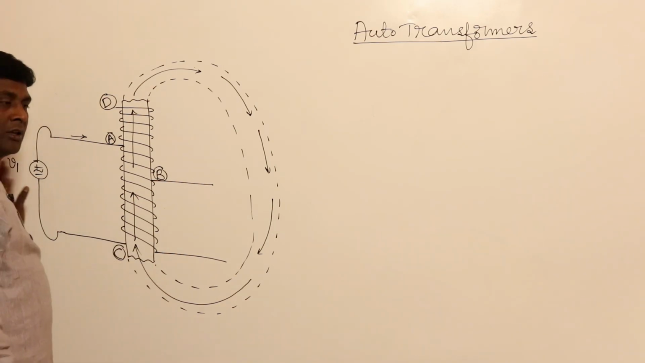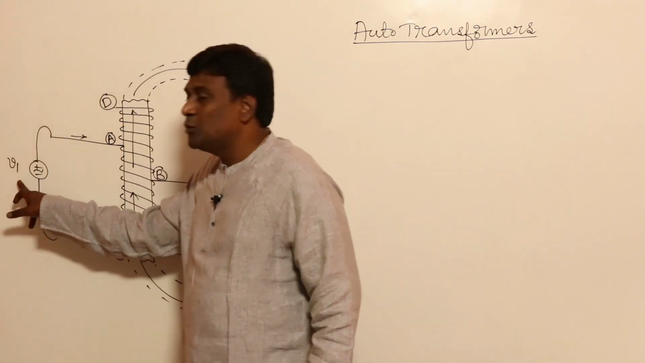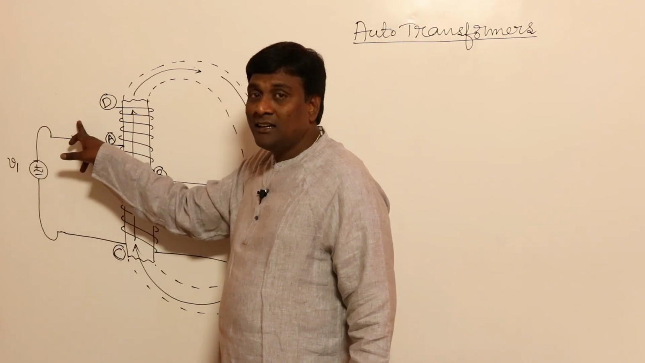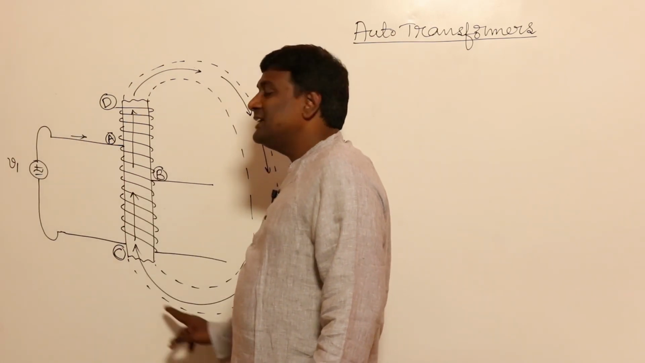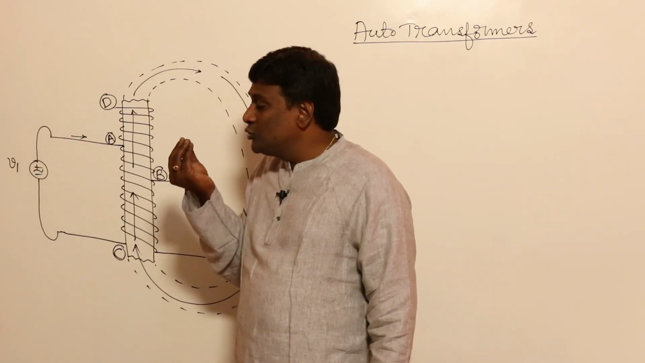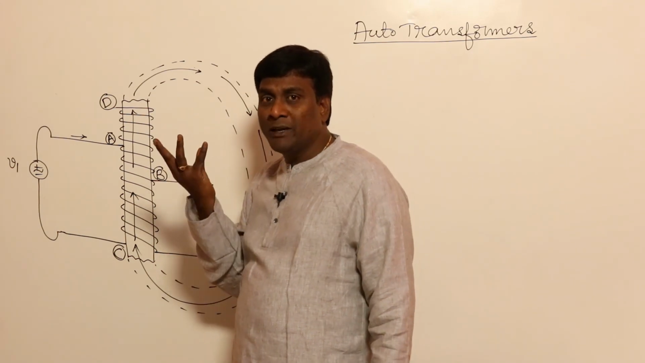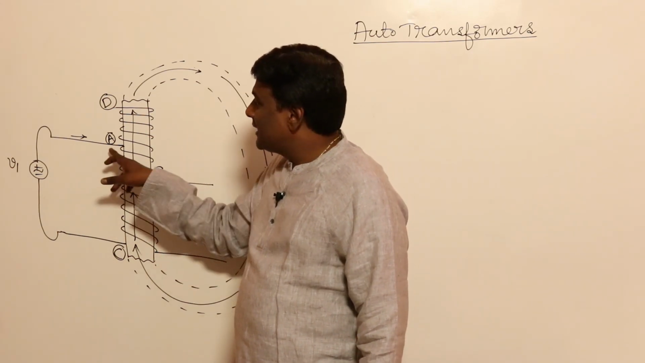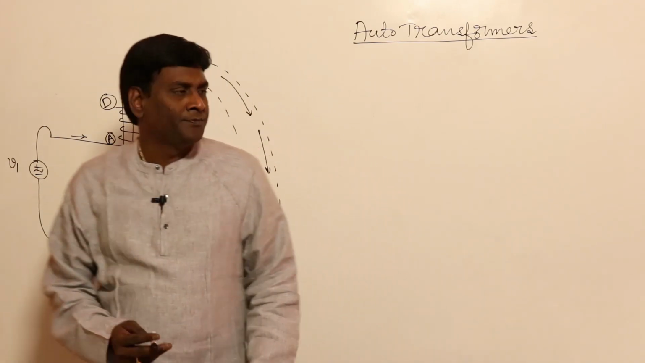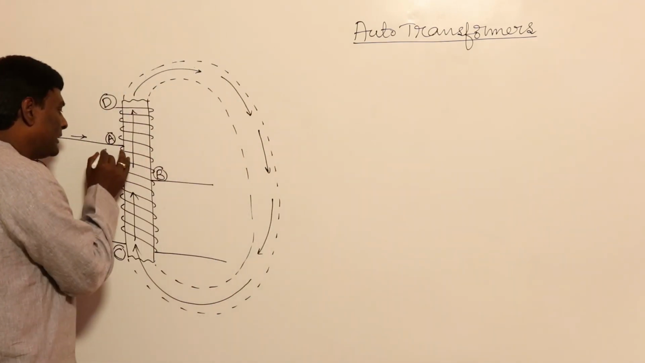Some flux will be produced. Now, the moment this is AC voltage, AC currents will flow, and alternating flux will be produced: zero, positive max, zero, negative max, zero, positive max. Because of that, voltage should be induced or not? Yes. So that voltage is going to be